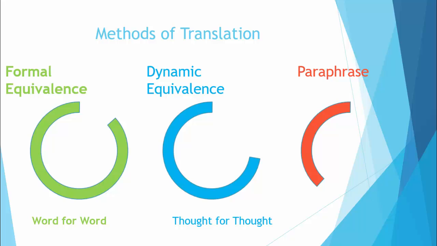Okay, how was the Bible translated? There are three main methods or approaches in which the Bible was translated. The first method is the formal equivalence. The formal equivalence, also known as word for word,